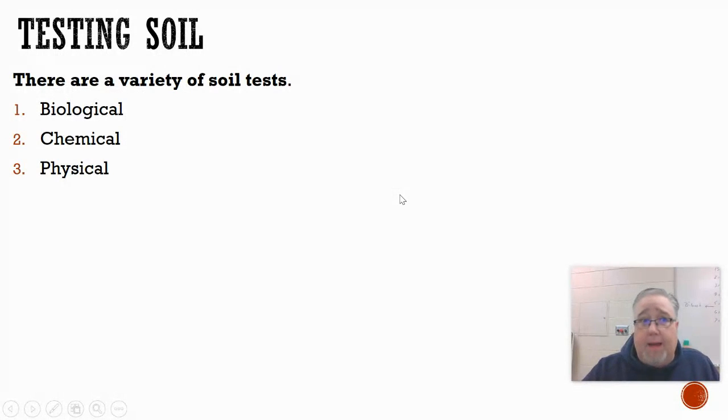When a soil ecologist or a soil scientist is looking at soil, there's basically three things that they can test for. One is the biological components of the soil. Another one is they can run chemical tests on the soil. There's a variety of different things that they can test for. And then finally, there's physical examinations of soil to see what the texture of the soil is, and